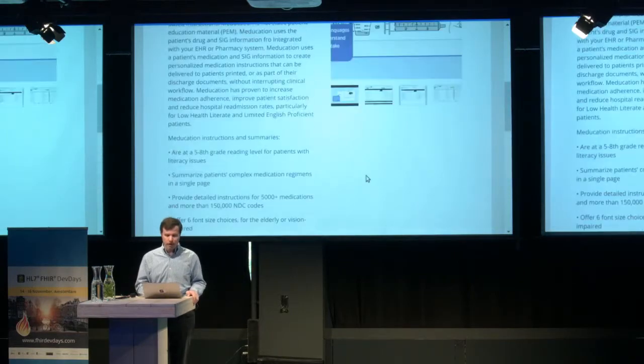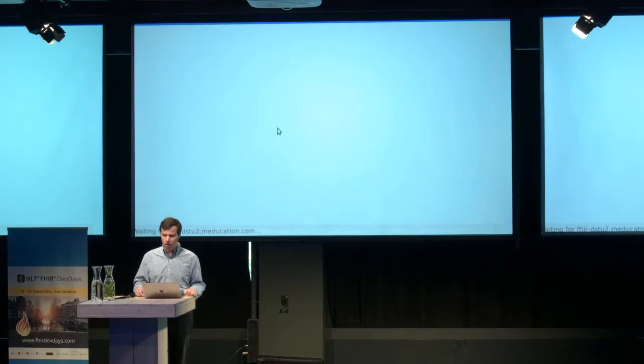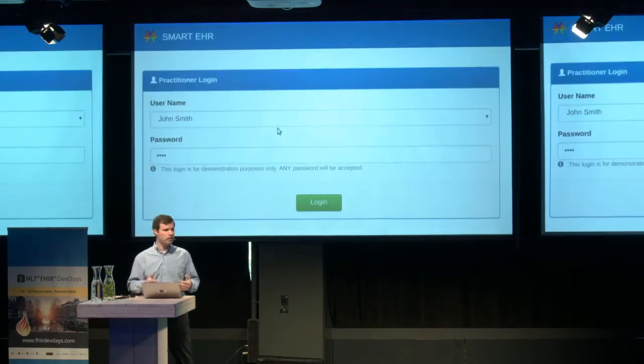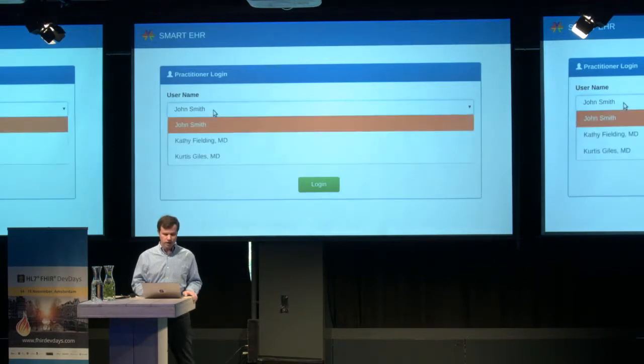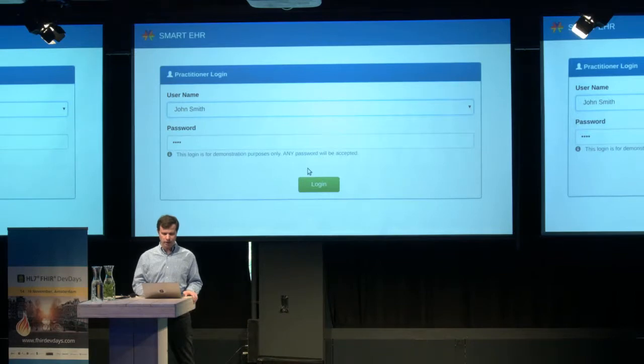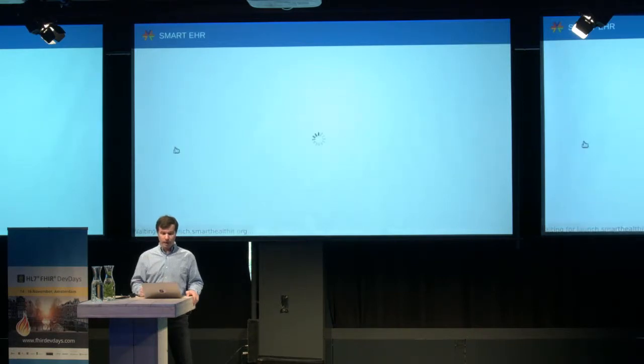But the other cool thing that the gallery does is it provides this button here called Try App. And this is linked back to a couple of core services that we provide, including a sandbox environment with some sample data. So if you're developing an app and you figure out which patients it works with in our sandbox environment, this gives anybody a way to come with a simulated login screen. You can see the credentials here are pre-filled, so I don't actually have to type anything. But it's a simulated EHR environment that lets you then go ahead, pick a patient, and then it'll run the